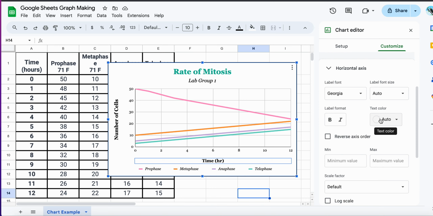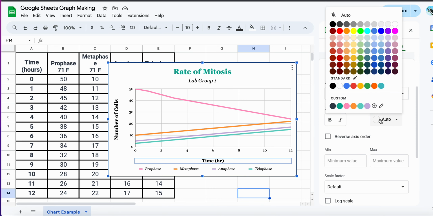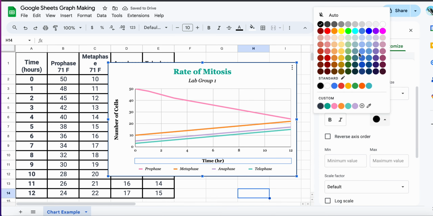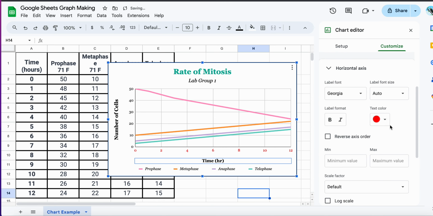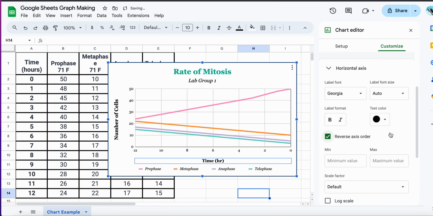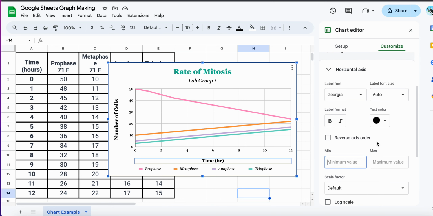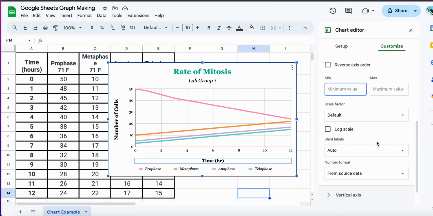Here, if I wanted to change the colors of any of these, I can. It's already black. I'm going to show you if I wanted to change it to red. It's going to change those. I don't usually mess with the numbers color like that. If I wanted to reverse it for some reason, I could. And then if I wanted to change the min and max, I could. I'm not going to because it was time, but if you wanted to, you could. So I'm actually going to leave this alone